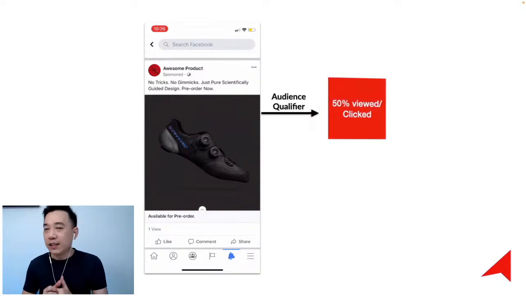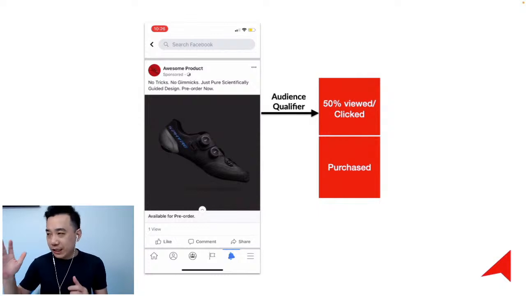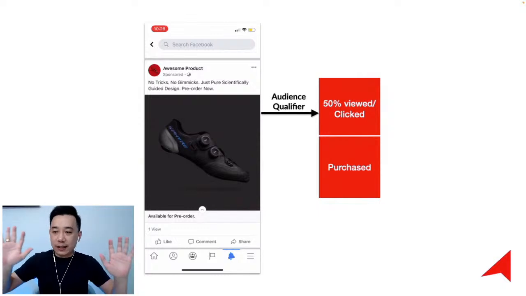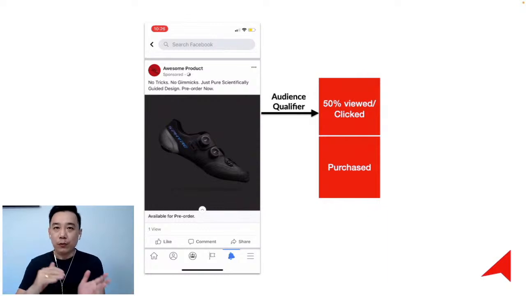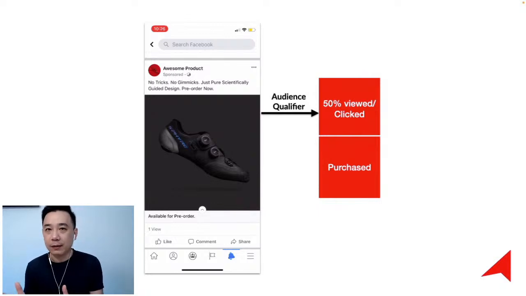First thing first, what do we have here? This is a 12-second video. When you see this video, if you watch it up to 50%, which means you don't take any action, you just let it run, by watching up to 50%, which is about 6 seconds, I qualify that as an intent. Because if you're not interested, you won't spend 6 seconds on something you're not interested in. So that's an intent.